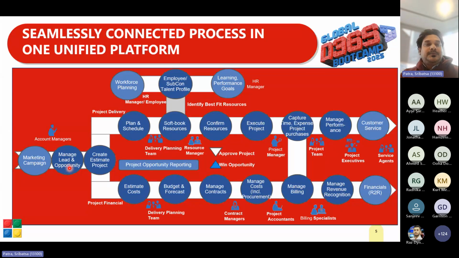Now, when it comes to project operation, there are two different tracks. One is project delivery, the second is project financial. We do have an option for CPQ, that is configure price quote, where we can create an estimate project, tag it to one quote, and based on the estimation project resource loading, we can accurately quote the client regarding the work that we're going to deliver. So basically, we plan and schedule generic resources. We can also identify and soft book resources, and this resource pool can be sustained by internal employees as well as